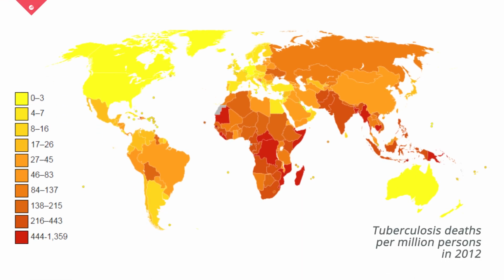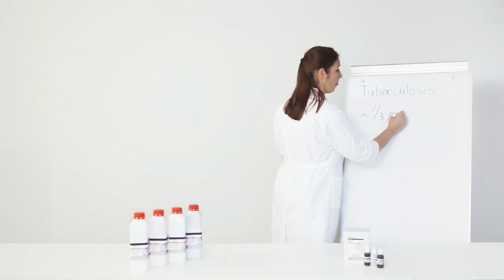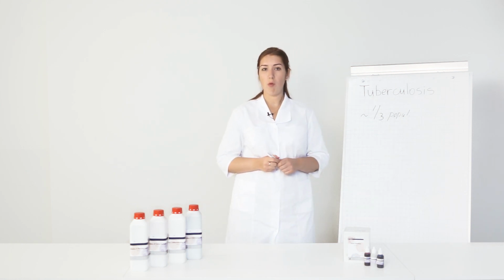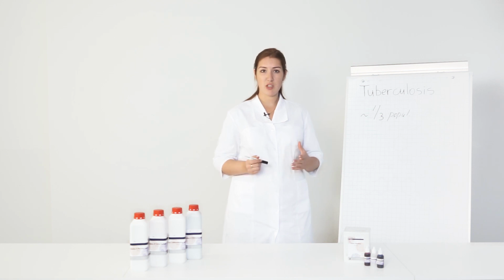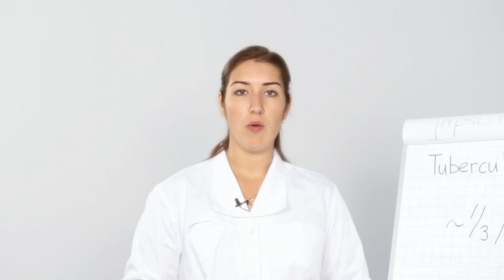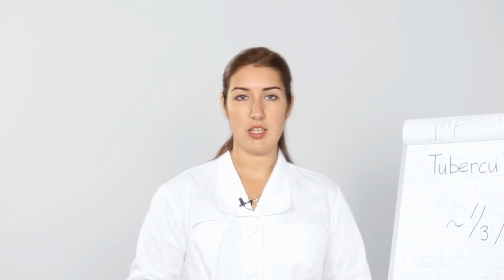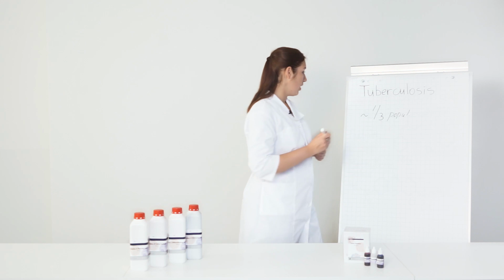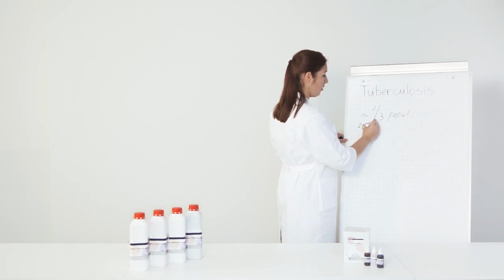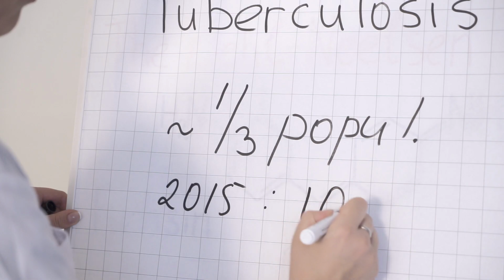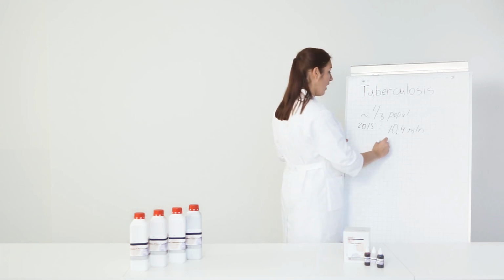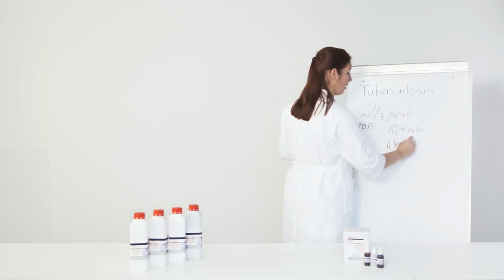Roughly about 1/3 of the population of the planet has been infected with tuberculosis. It is the second most common cause of death from infectious disease after HIV. The World Health Organization declared tuberculosis a global problem in 1992 and even developed a global plan to stop tuberculosis. But nevertheless, in 2015, there were registered about 10.4 million new cases of this disease, and about 1.4 million people